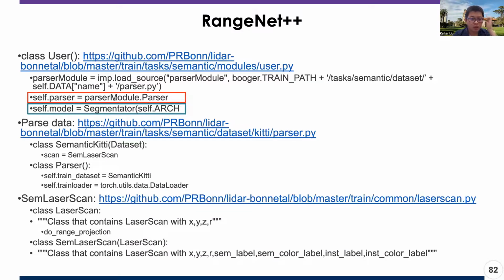Okay, now let's quickly take a look at some of the major code and the code structure used in RangeNet Plus. First, in the user's Python file, you can specify what kind of parser to parse the dataset. Also, what kind of segmenter, what kind of architecture you want to use. These are the 2 major things you set up in the user's code. To parse the data,